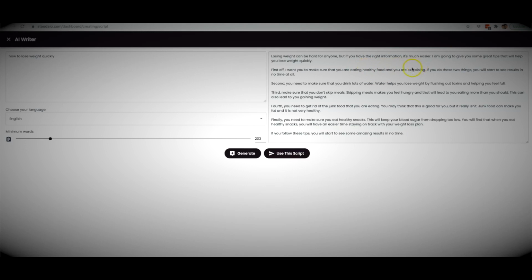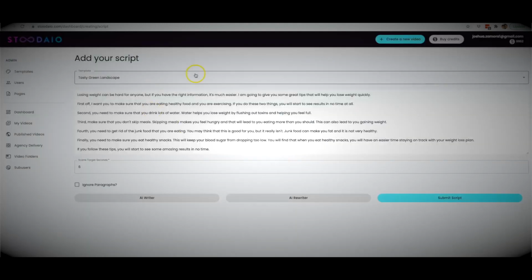Okay, a lot of people do that, and then there's multiple things within these two things that you can do to lose weight. So I'm just gonna go ahead and stop reading there and just go ahead and use this script. And what's going to happen is it's going to bring it back to the script section, and from here I can add to it,